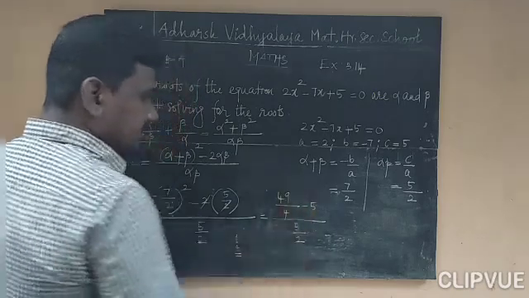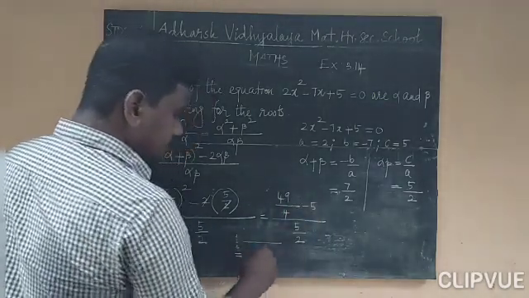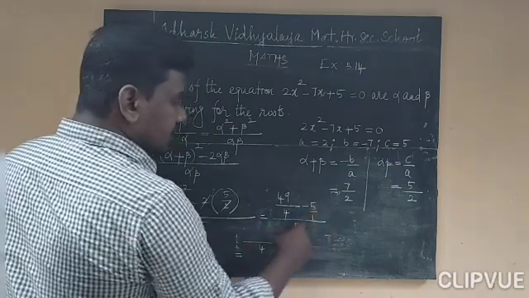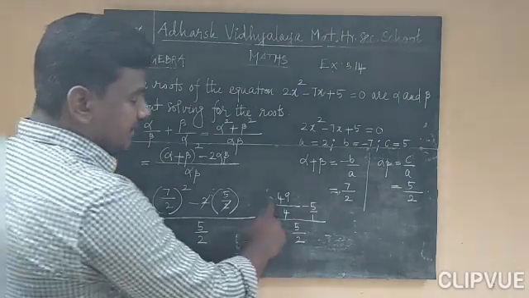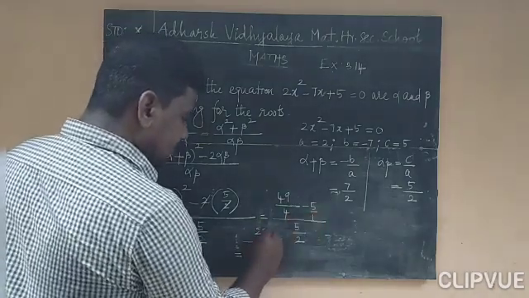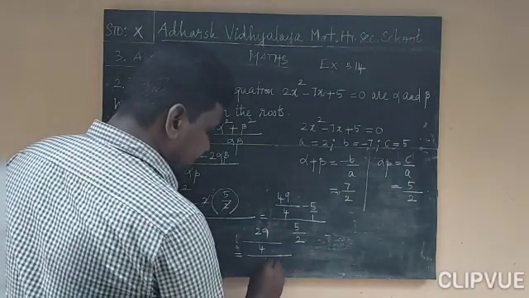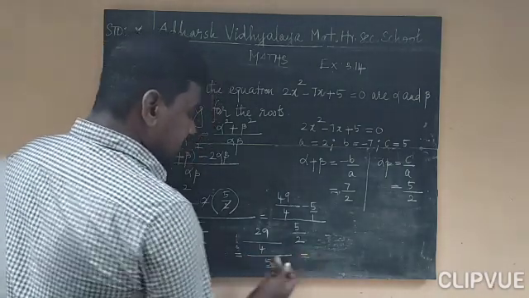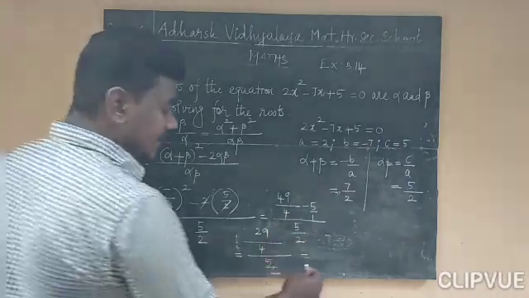So numerator contains a fraction, so here find the LCM. What is the LCM? LCM is 4, so it should be multiplied by 4, so 4 into 5 is 20. 49 minus 20 gives 29. 29 by 4 whole divided by 5 by 2. So if we have a fraction in numerator and denominator, we can write it in a reciprocal form.